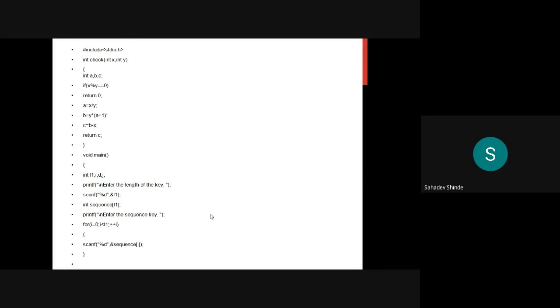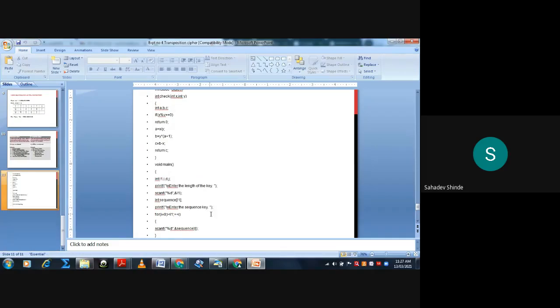So in that way we have seen experiment number 4, the study of transposition cipher techniques. You need to write the programs in the C language, and the output and the program you need to send to me by email. For attendance purposes, you put your roll numbers in the chat box here.